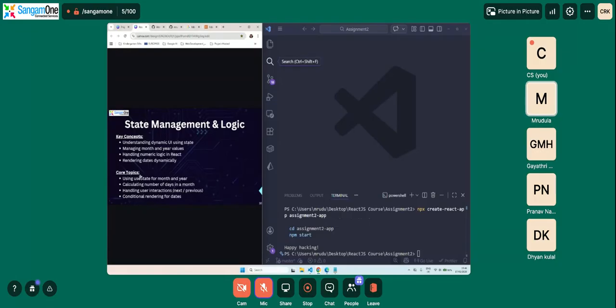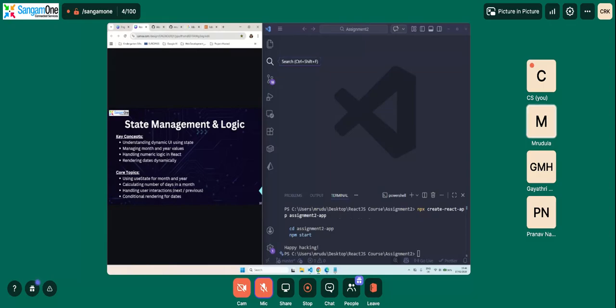Next, rendering dates dynamically. Normally what we do in the beginning is we hard code it. But hard coding requires lots of effort, right? Say for example, you hard coded for the month of February. But if you change it to March, then you will need to hard code another file, and so forth. Say if you hard code for 1 year, it is 12 months of files that you need to hard code. Imagine not for 1 year, you need it for the next 5 years and previous 5 years.